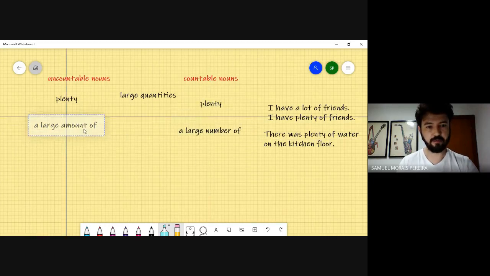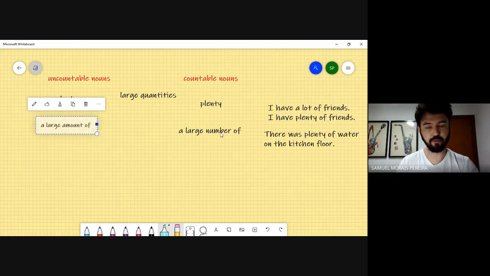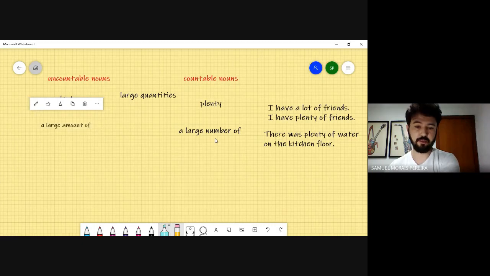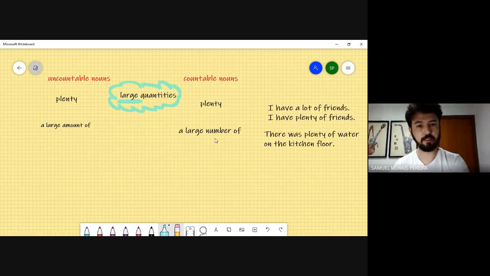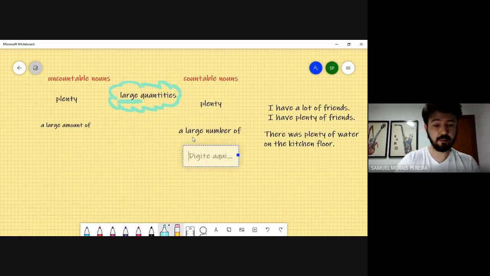Very simple. As you can see here, number and número. So you can understand it literally, right? So can you see, I am talking about expressions and words that we use to talk about large quantities, grandes quantidades, tá bom? So sometimes you can use the expression a large number of, que é grande número de, but you can understand it as uma grande quantidade de,